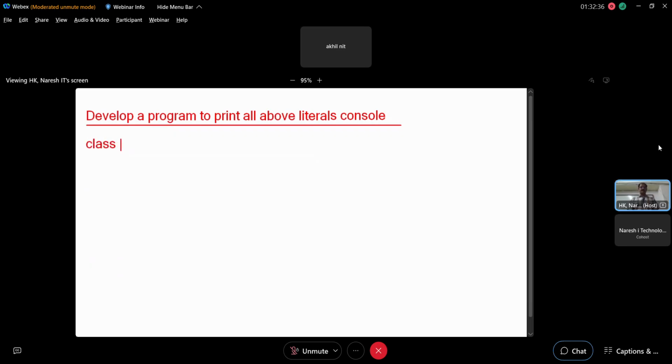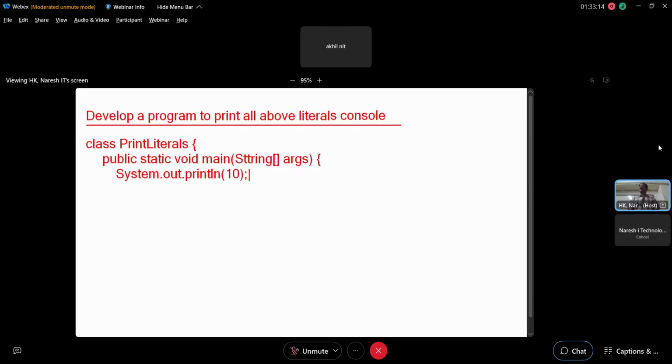Excellent. Write down the class name. What is the name of the class? Yesterday, first program. Today, second program. Tomorrow, third program. Okay. Class name is PrintLiterals. Whatever operation you are doing, that is the name. Print literals. Then public static void main of String array args. Open bracket. Inside the main method, I want to print: System.out.println of